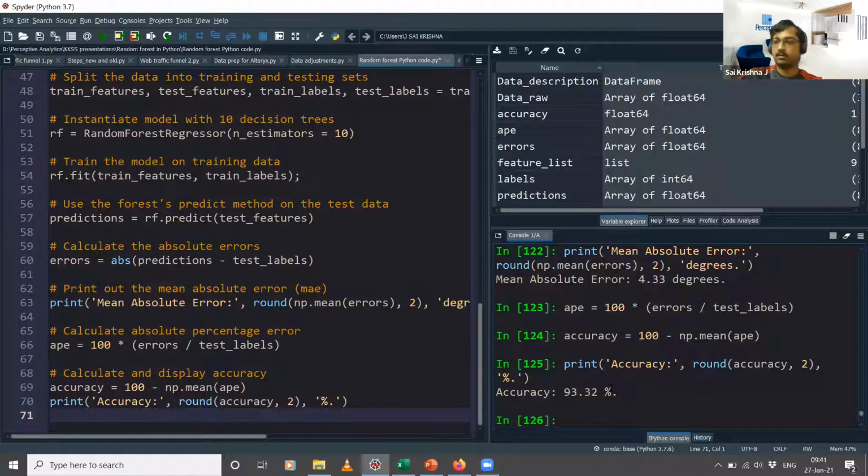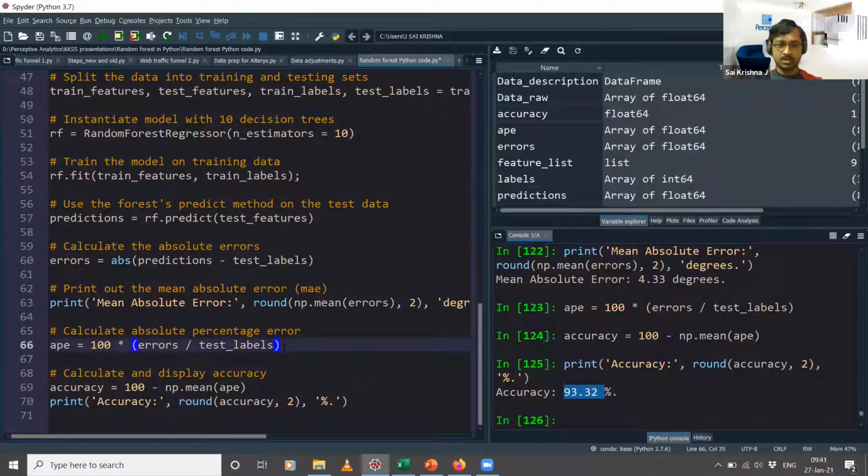Okay, and believe me, it is very, very difficult to go beyond that 80% threshold when you're working with real-time data. All right, but here, since we are using a hobbyist data set, just to demonstrate how to do random forest using Python, we are getting this value 93% as the accuracy.